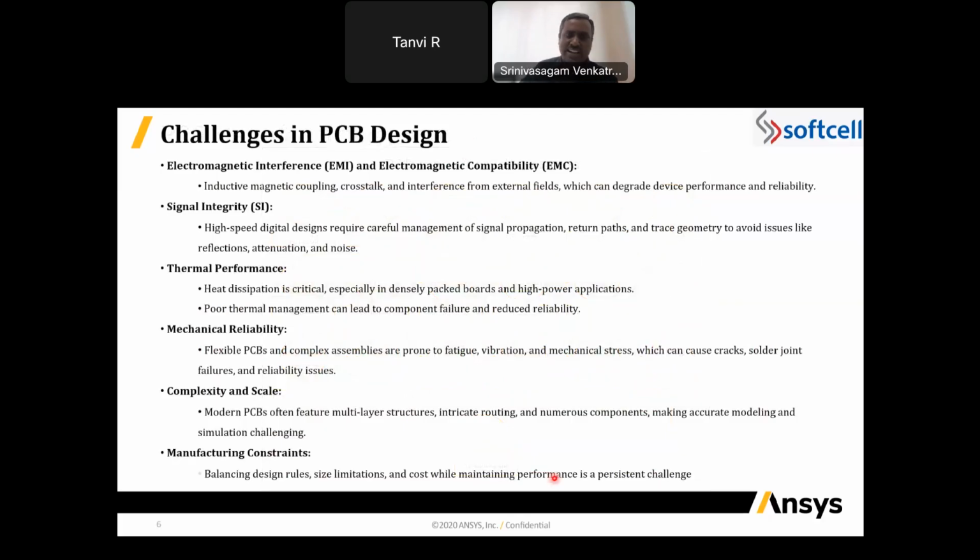So coming on to the challenges in PCB design. The first, primary and foremost challenge we come across is EMI and EMC challenges. As the name suggests, EMI is electromagnetic interference and EMC stands for electromagnetic compatibility. So these are the inductive coupling. What we evaluate in this EMI and EMC is the inductive magnetic coupling and crosstalk, and what the interference is from the external fields, where it's going to be used and how it is going to,